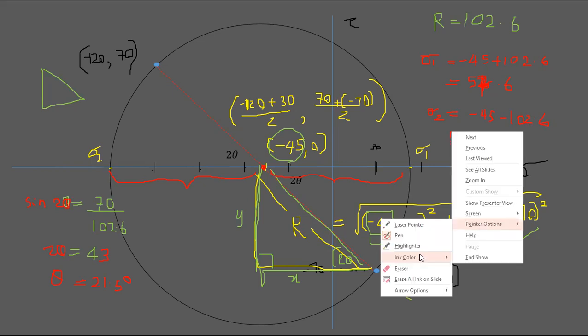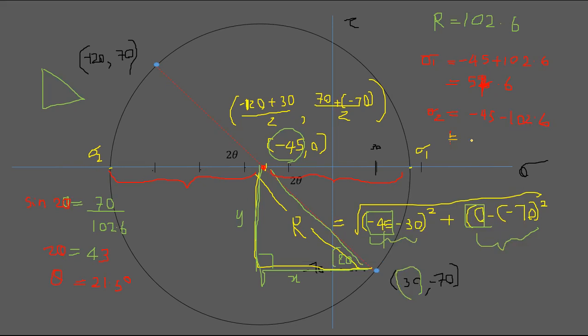That will give you minus 147.6, right? This is 57.6. Sigma 1